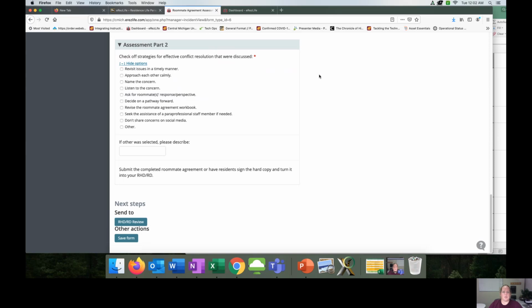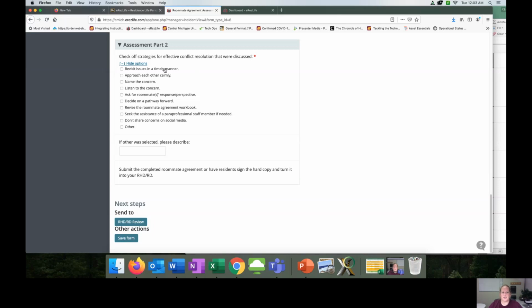So you've done a lot of work to talk with residents about the roommate agreement workbook, and there are so many different components in here, but the assessment for this part is really about conflict resolution. And that's important to know before you go into facilitating those workbooks,